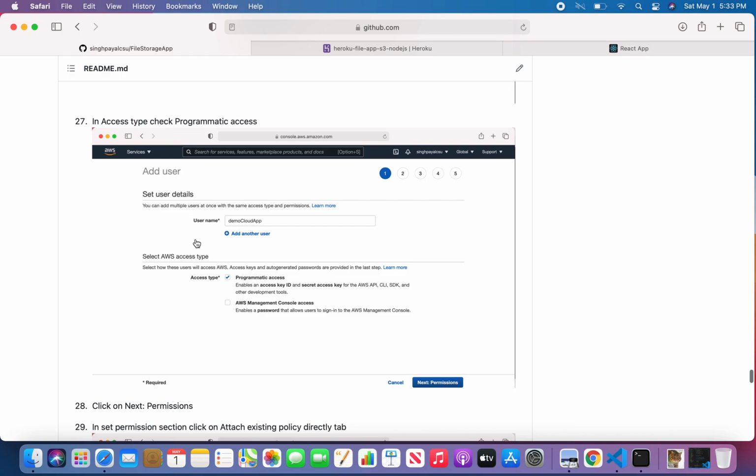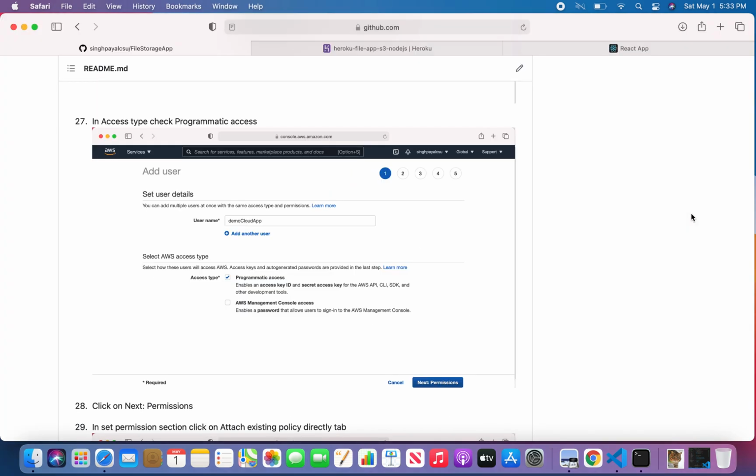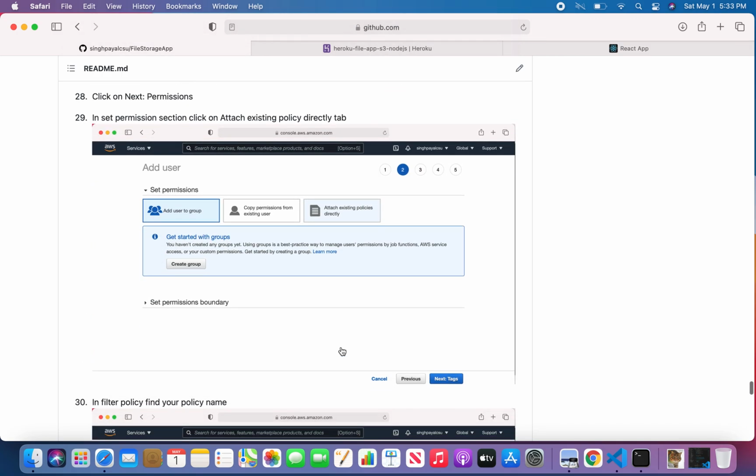we are going to give the user programmatic access. And if we give programmatic access to the user, it enables an access key ID and secret access key. These are the two things which were pending, so we will get these two things. So now click on next permissions, and